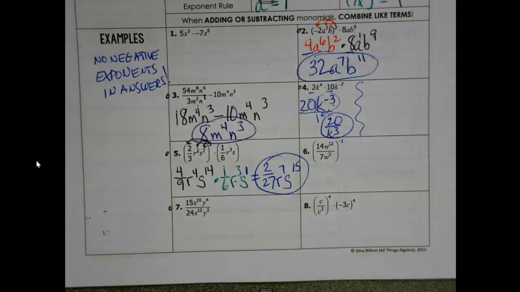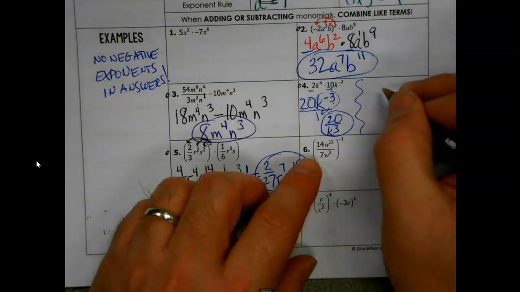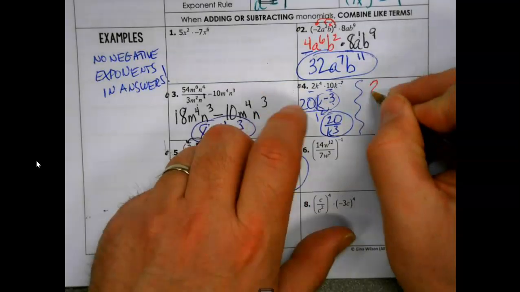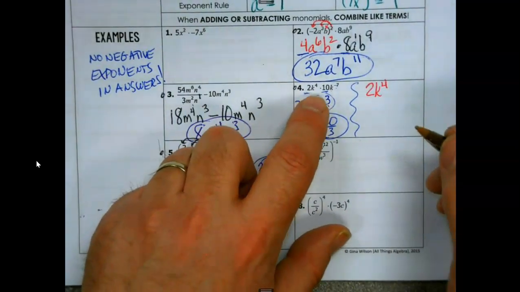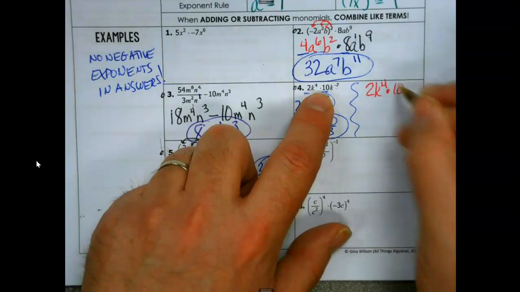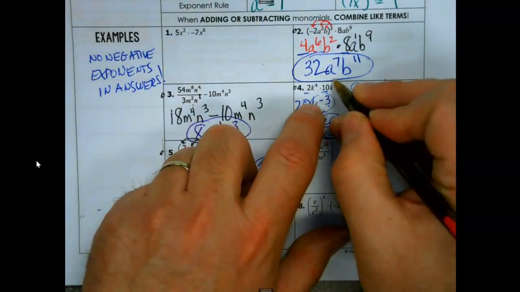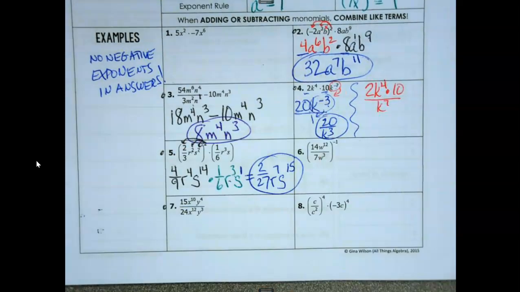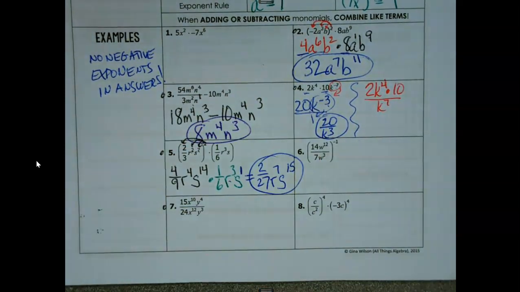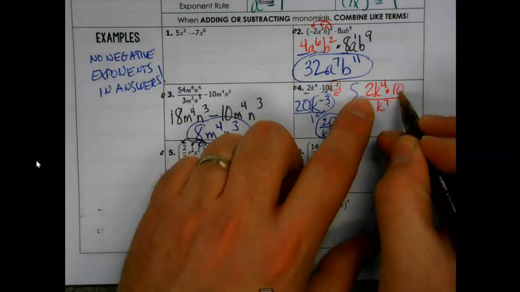The other way we could do this is we could say, okay, so 2k to the 4th, that's all positive, that stays. The 10 is positive, it gets to stay. The k to the 7th is negative. It needs to flip. So if I do it this way, multiply the bigs,